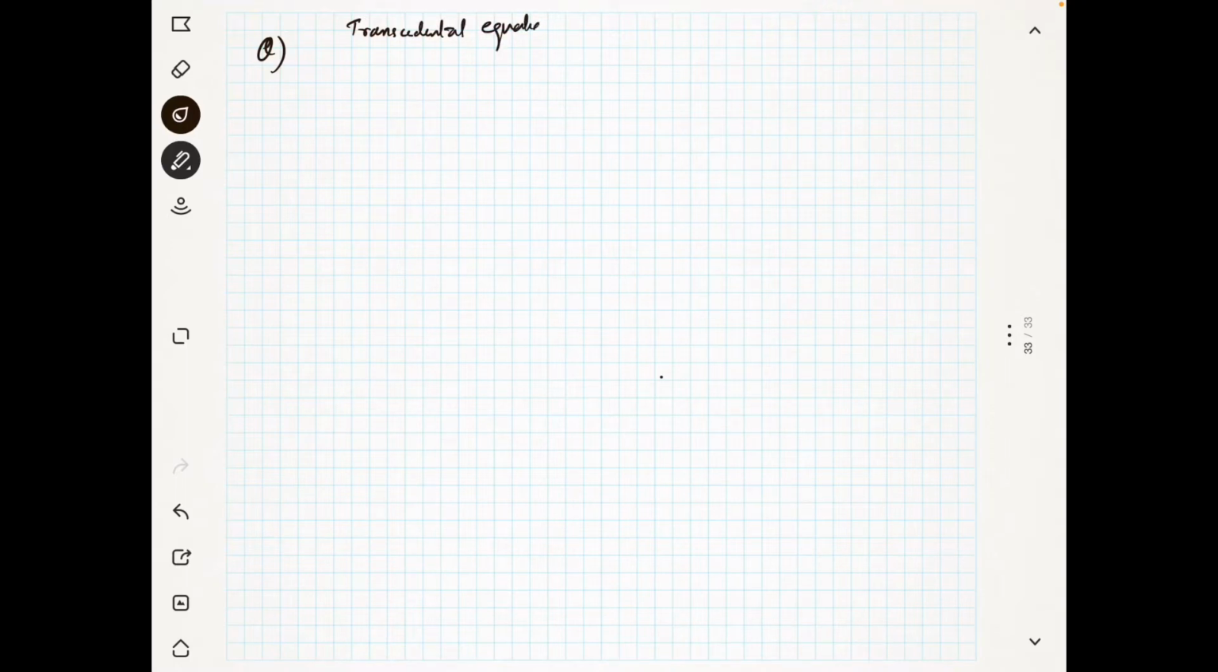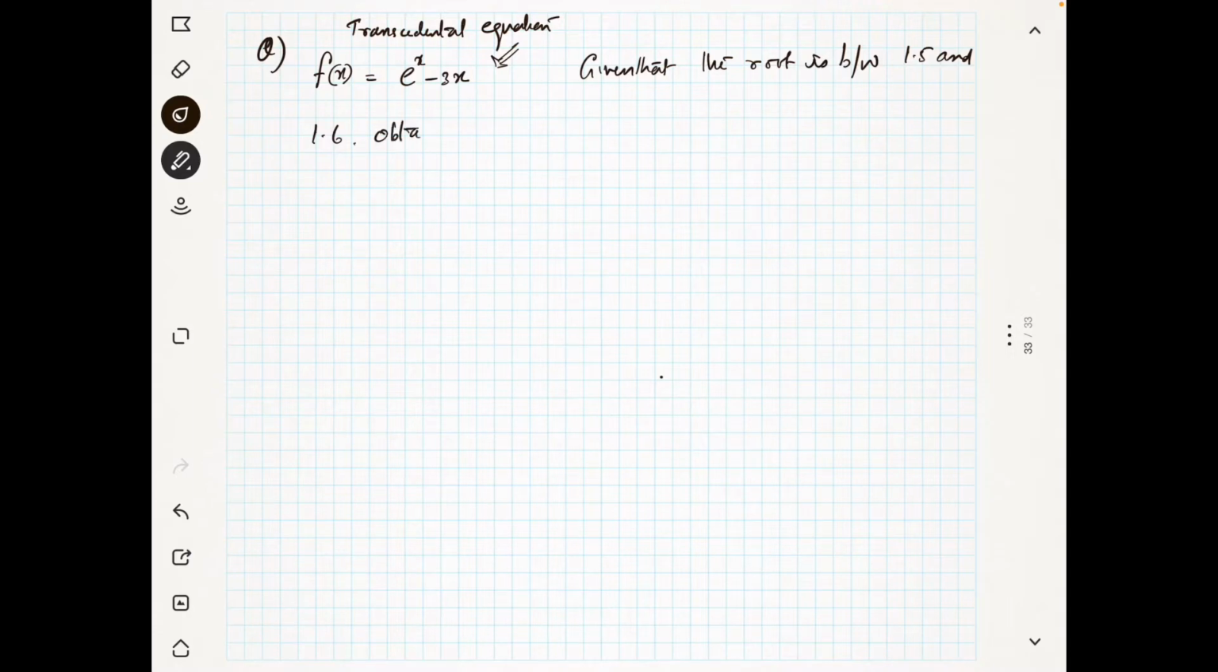Okay, so I will give an example. You have a nonlinear equation f of x is equal to e power x minus 3x. So this is a transcendental equation. Okay, this is a transcendental equation because it contains the term e power. And given that the root is between 1.5 and 1.6, obtain the solution